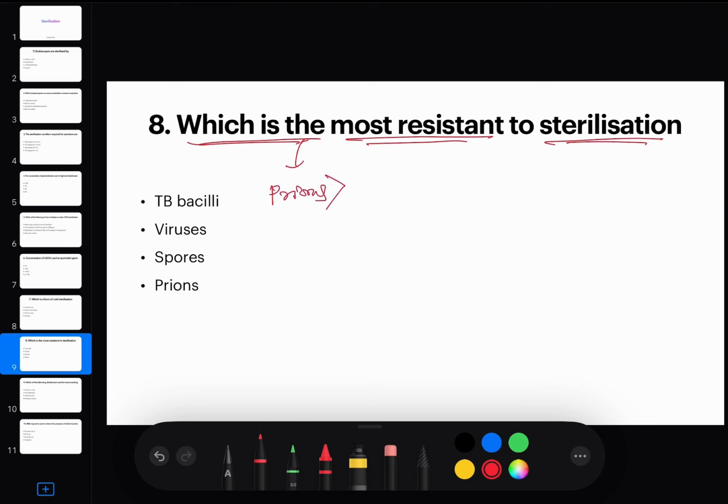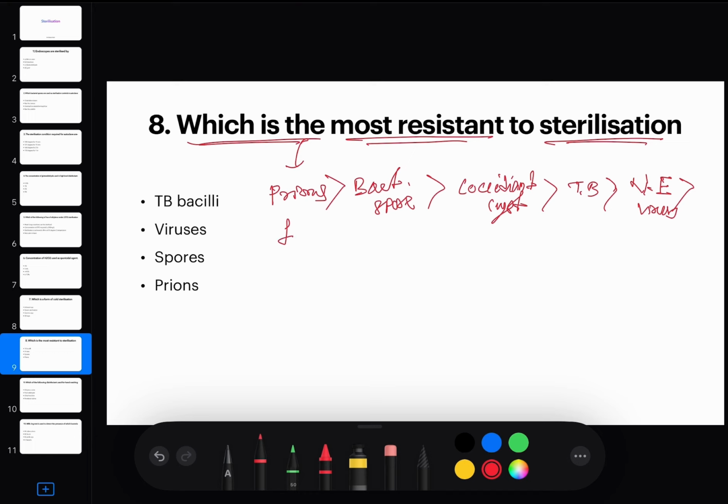Prions are the most resistant to sterilization, followed by bacterial spore, then coccidian cyst, that is a parasite. Then comes the TB bacilli, that is mycobacterium. Then the non-enveloped virus,